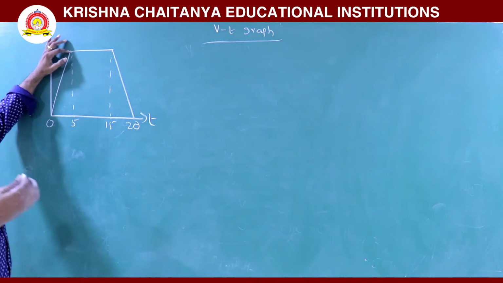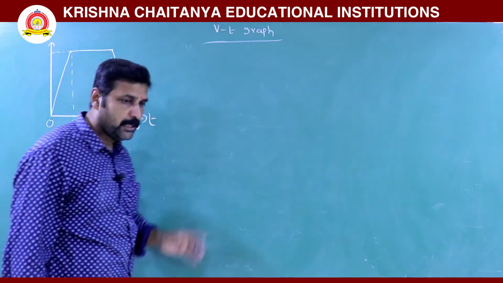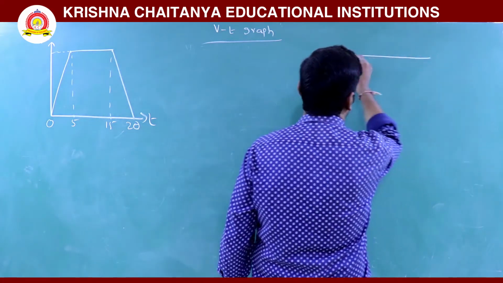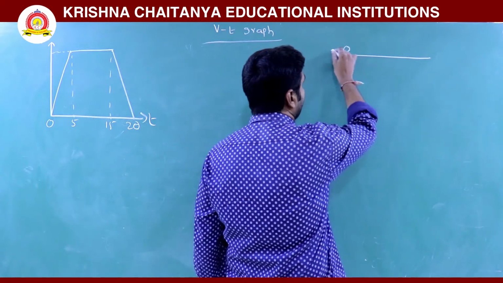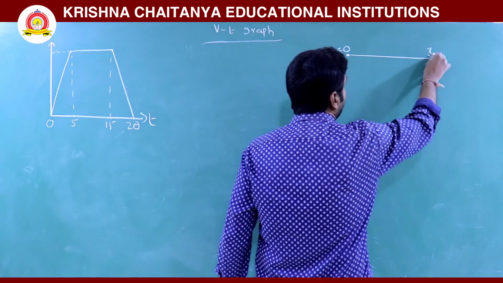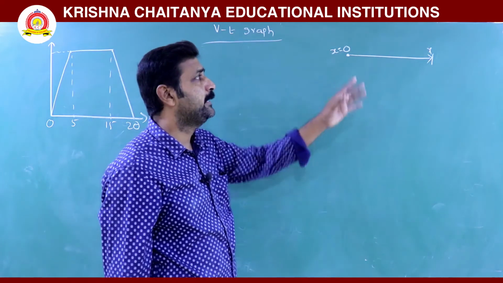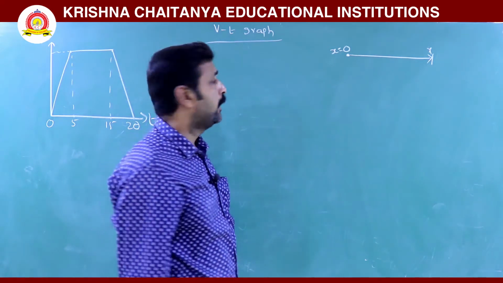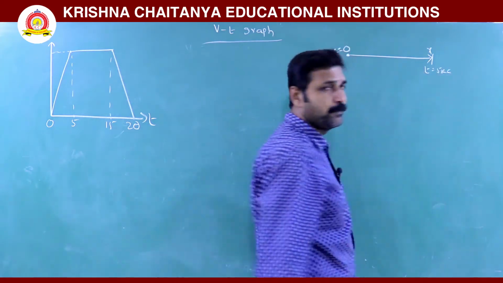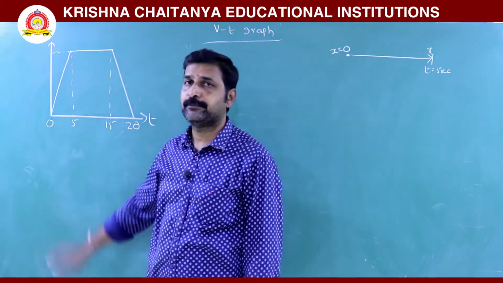If we discuss horizontal motion, what is the motion here we are having? Since this is the origin, x is 0 and position increases linearly up to here. Displacement increased up to 5 seconds. Now here the position linearly increases with the time.